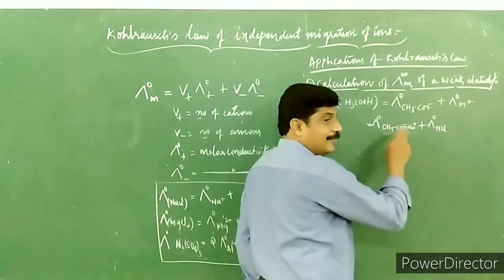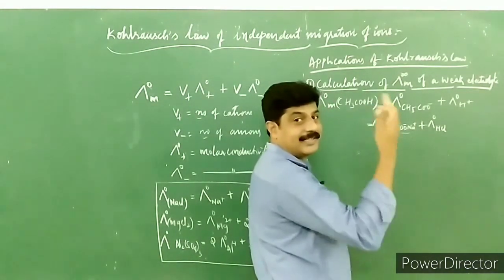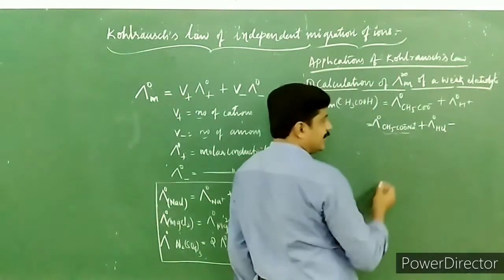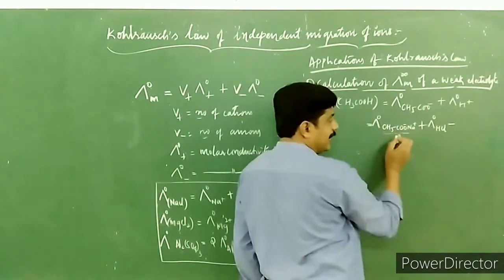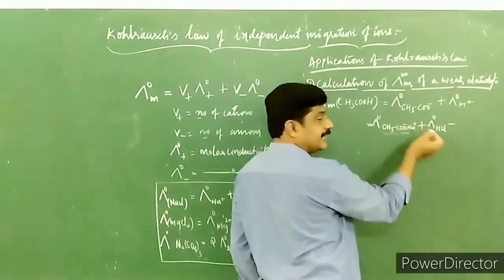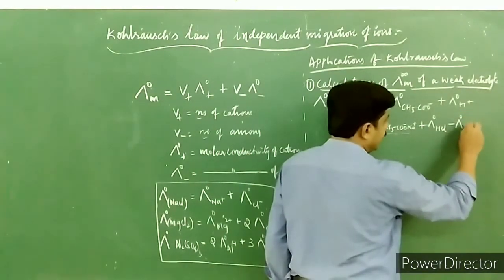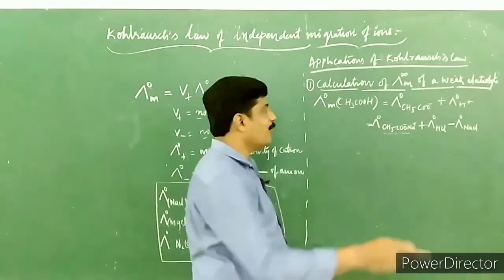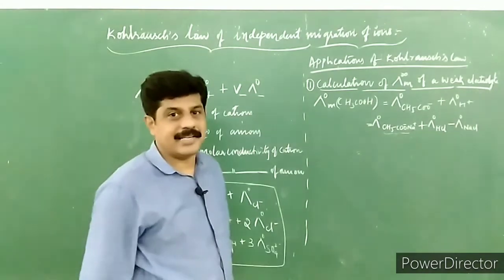Remember, the limiting molar conductivity of a strong electrolyte can be obtained by extending the graph to zero concentration, is it not? Now minus, what is extra here? From acetic acid, CH3COO minus H plus, I'll remove Na plus and Cl minus, then you are going to get CH3COOH. Hope you are getting it? So minus limiting molar conductivity of NaCl. By this way, we can easily get the limiting molar conductivity of a weak electrolyte, in this case, acetic acid.